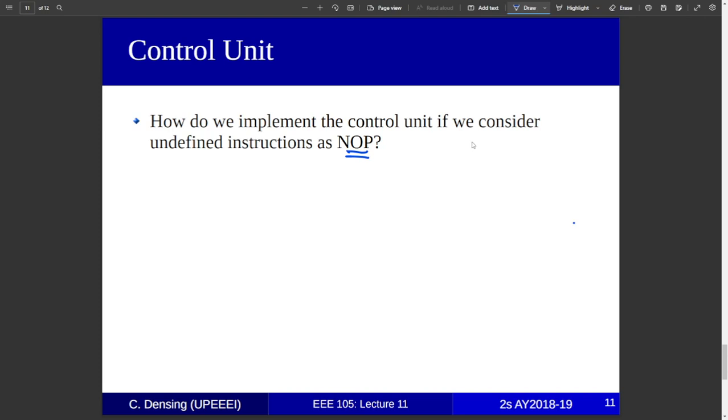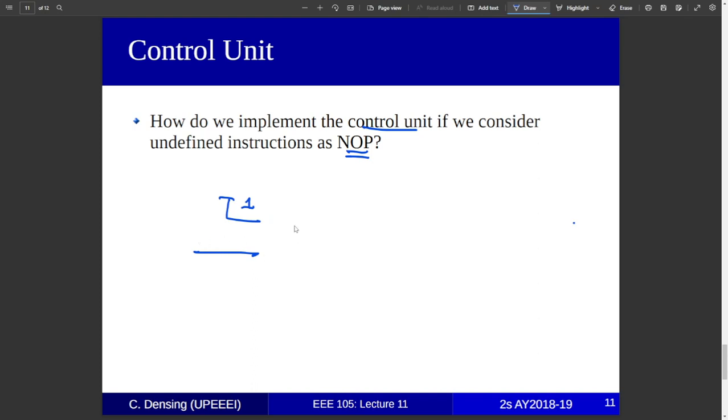That means that we're not supposed to do anything when we read it. And so what we do when we implement the control unit like that is we just change the write enable. The write enable used to be always one, right? But if, for example, it's a no op, then